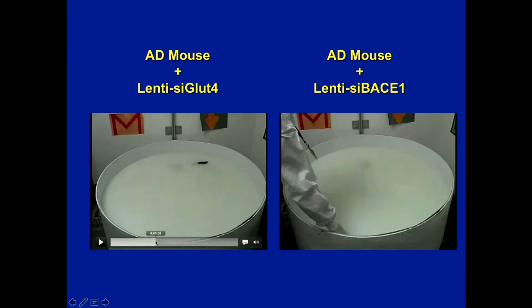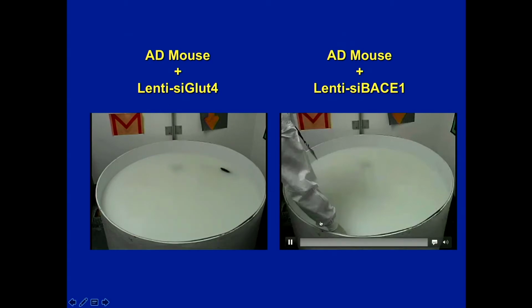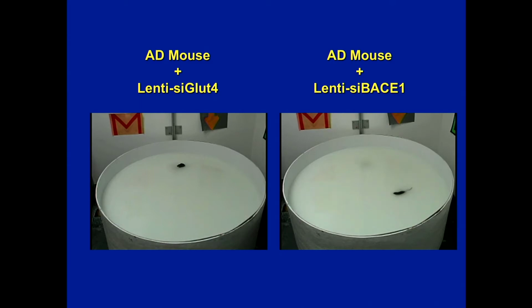I think I can probably show it here. So you can see this mouse has the Alzheimer plaques. They were trained at the same time, but it sees the cues and goes around and around. It will take a much longer period of time to find the platform. It is going to go on. I'm going to waste my time, but just take my word. On the other hand, when you look at the one which has now been given the lentiviral vector beta secretase, the training was exactly the same, but it finds it very quickly with these cues around it,